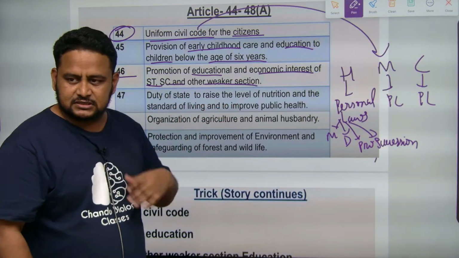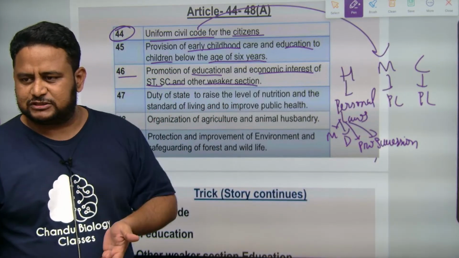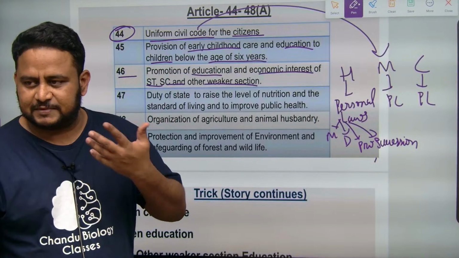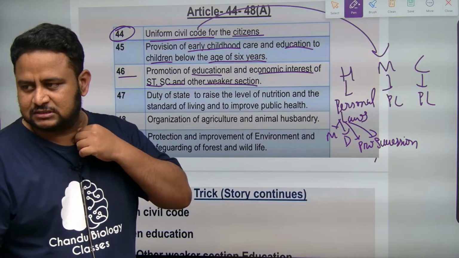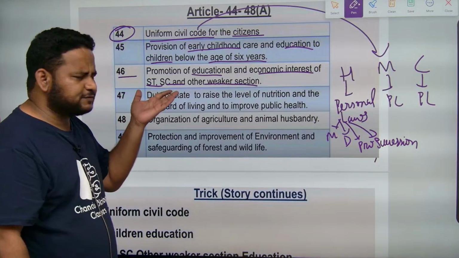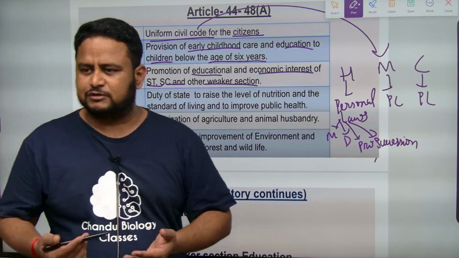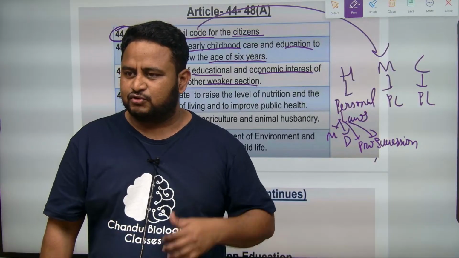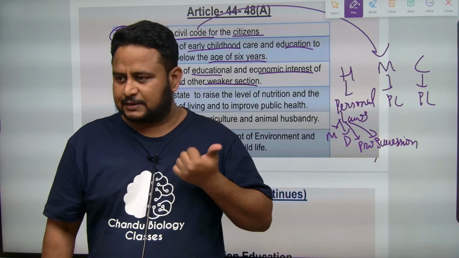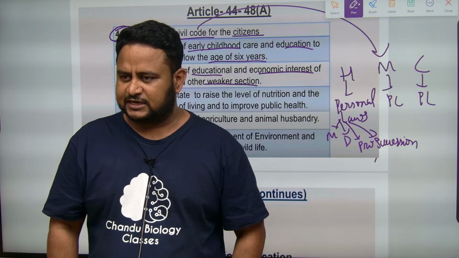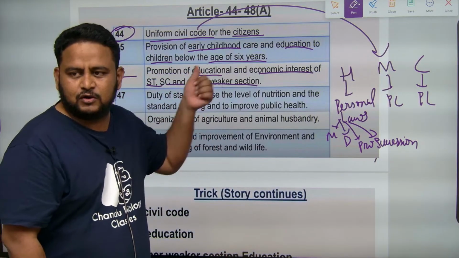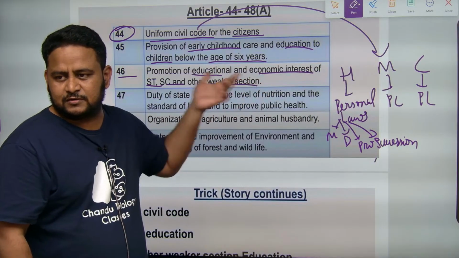For this, the state governments, and even the central government, have made so many laws giving provisions for SC, ST and other backward classes. Got it? That's why in state governments also, suppose you write the EAP set or some exam, you will have reservations for SC, ST and also other backward classes, that is BCA, BCB, BCC, BCD, like that. Okay. So why is it given? To promote other backward classes and also SC, ST.